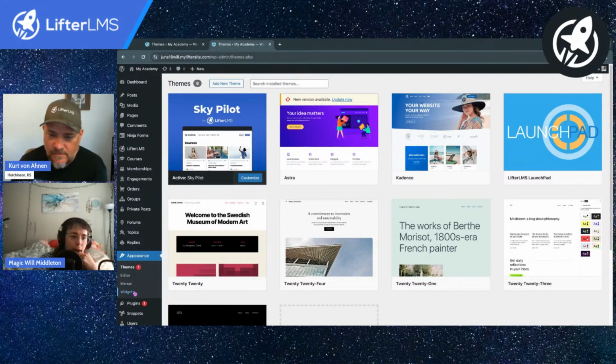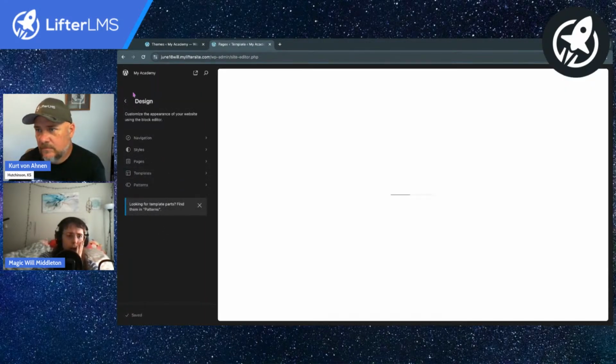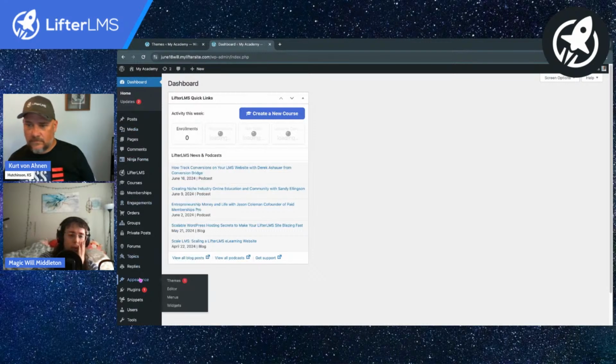And diving into SkyPilot, it has a unique editing style. It uses the full site editor. So I clicked on Appearance, Editor. I don't know if you saw that. I'll unpack it here. It's a new thing inside of WordPress that we'll see a lot more over the next 10 years. But at the current time, it feels like very new technology. We see it in WordPress core themes. We see it in SkyPilot, but we don't see it in a lot of other places.